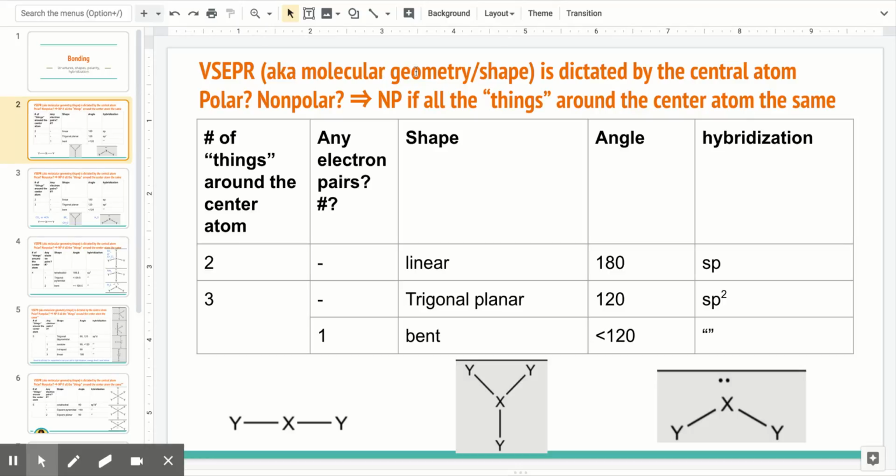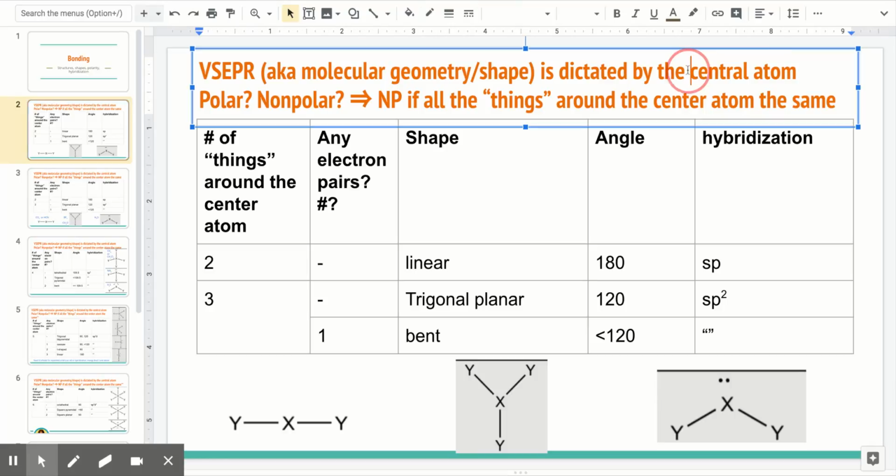So the model for molecular geometry, right, it's all dictated around the central atom. So that's really what I focus on, is what's going on around that central atom. And then to tell if a molecule is polar or nonpolar, again, we look at the central atom. So the most simplified version of that is that the molecule will be nonpolar if all of the things around the center